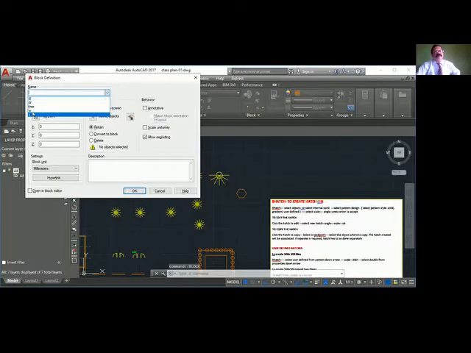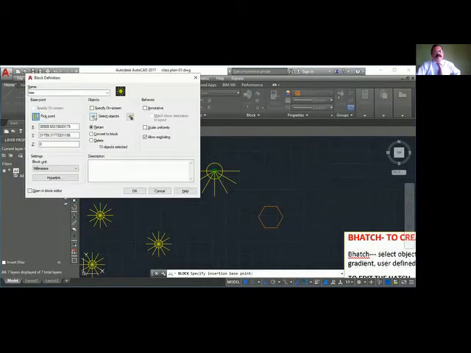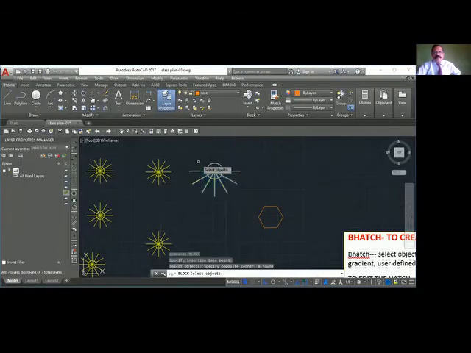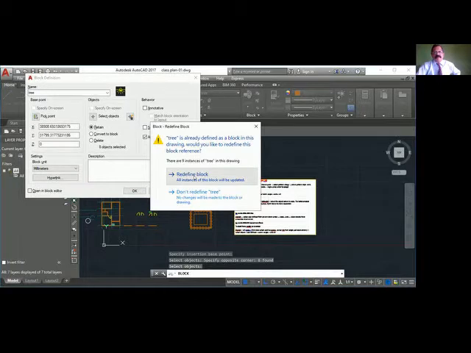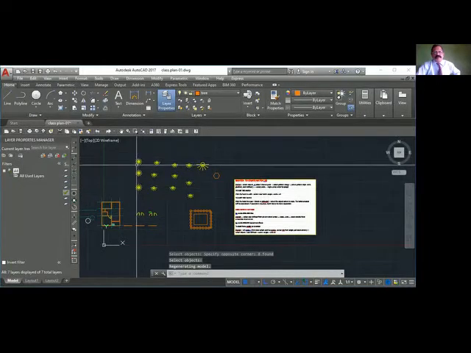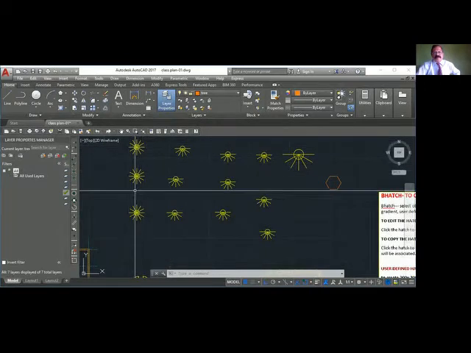You select the same tree, pick point, select object. Okay. Redefine. You see, it did not change here because you have exploded.